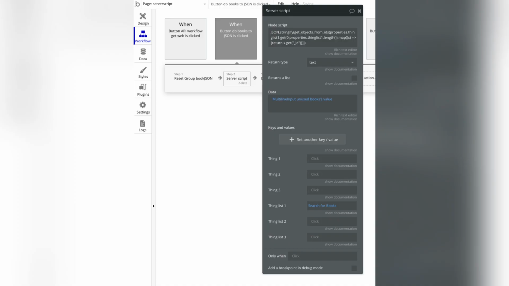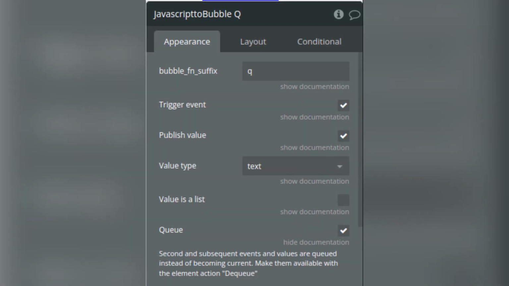The Run JavaScript workflow action allows you to execute JavaScript code directly within your workflows. For example, you can manipulate data on the page, trigger browser events, or perform calculations that Bubble doesn't support natively. You can insert this action into any workflow, such as a button click or page load, and write custom code